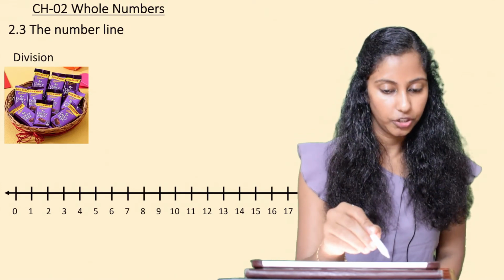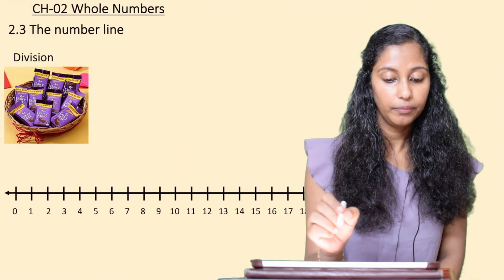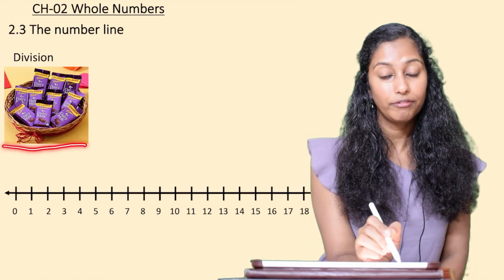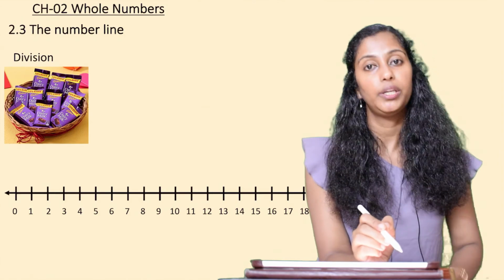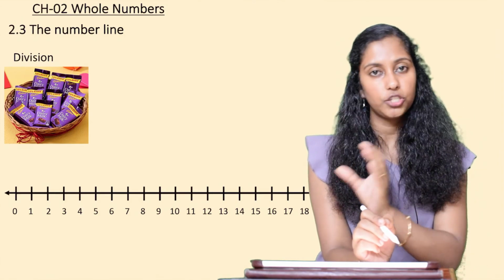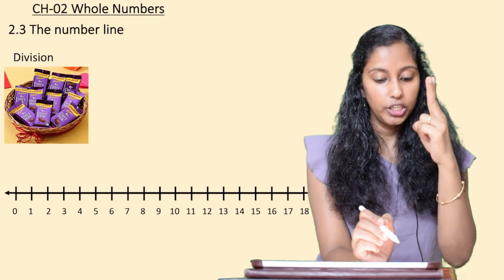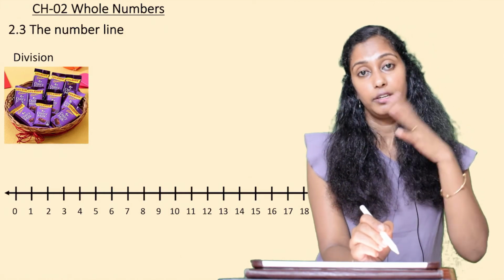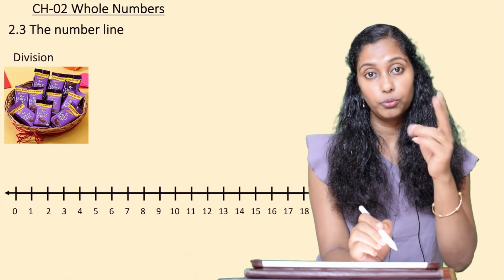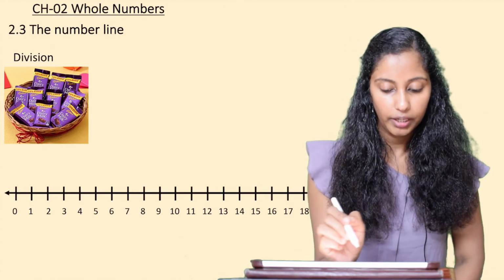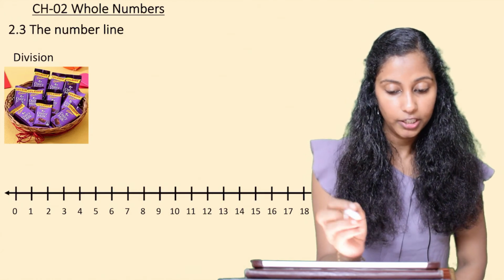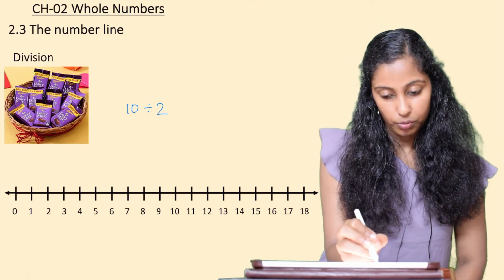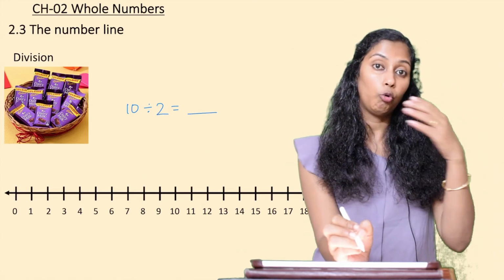Now we see division. It is Rohan's birthday, and Rohan has got a pack of 10 Dairy Milk chocolates. Now he wants to give it to different teachers. He wants to give 2 each to teachers. So he wants to see that 10 Dairy Milks can be distributed into groups of 2 to how many teachers. So these are total 10 chocolates, and he wants to give 2 to each. So he wants to find out how many teachers he can give to.